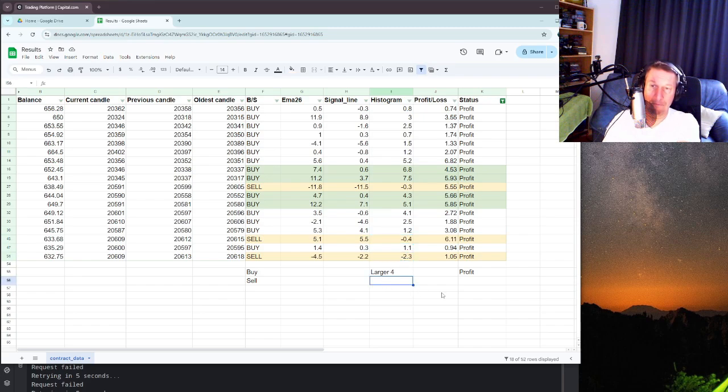So for now, we would say you need, this is a larger minus 1, and this is a smaller minus 0.5. So a sell smaller 0